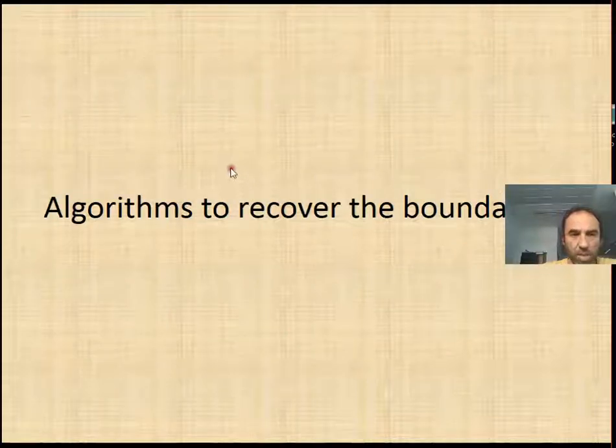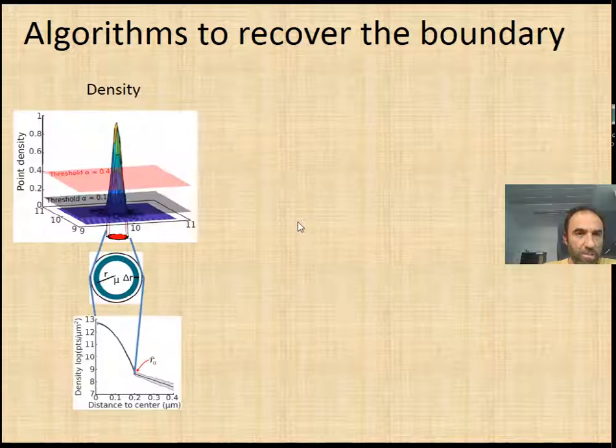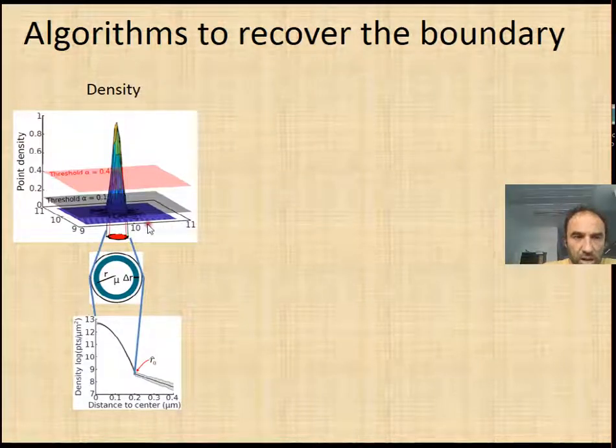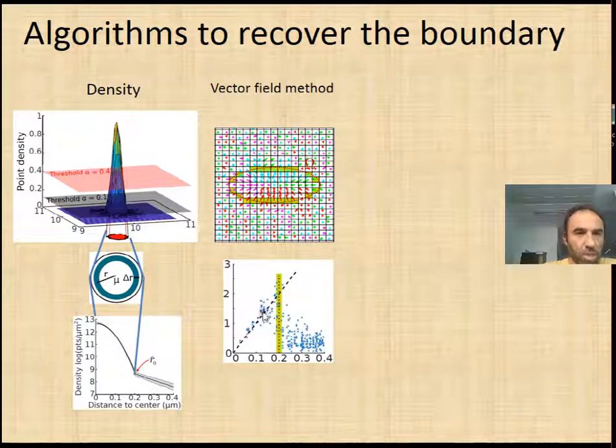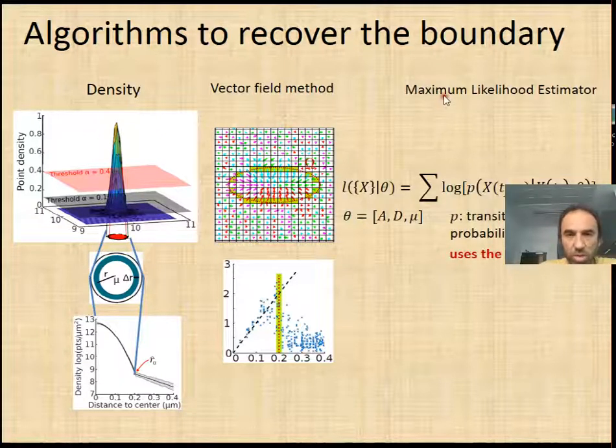So the algorithm can also be used to recover the boundary, and we have 3 different algorithms. One is associated with the density of points, and using 2 different thresholds, it is possible to recover the boundary. The boundary is characterized by a change in the nature of motion from an Ornstein-Uhlenbeck type process to Brownian motion. Another possibility is to use a vector field, where inside the potential well we have a converging vector field, while outside the direction is random. Finally, we can use a third method